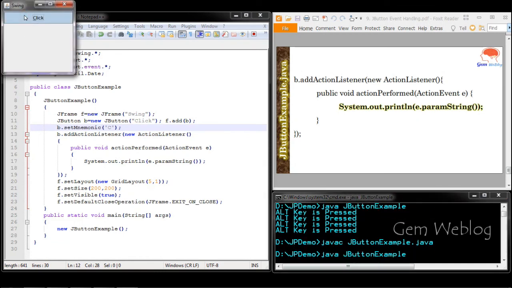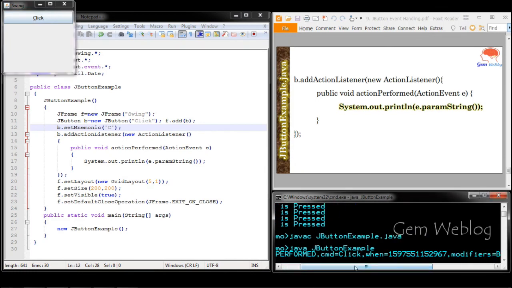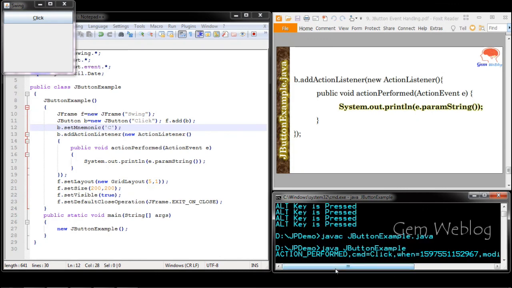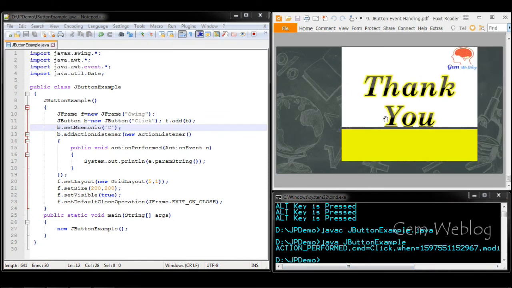Now I am going to press the button. Whenever the button is pressed, you can see the actionPerformed method, the command is Click me, the getWhen method and then the modifier. So whatever methods are available in the action event, the values corresponding to them will be displayed here. Thank you.